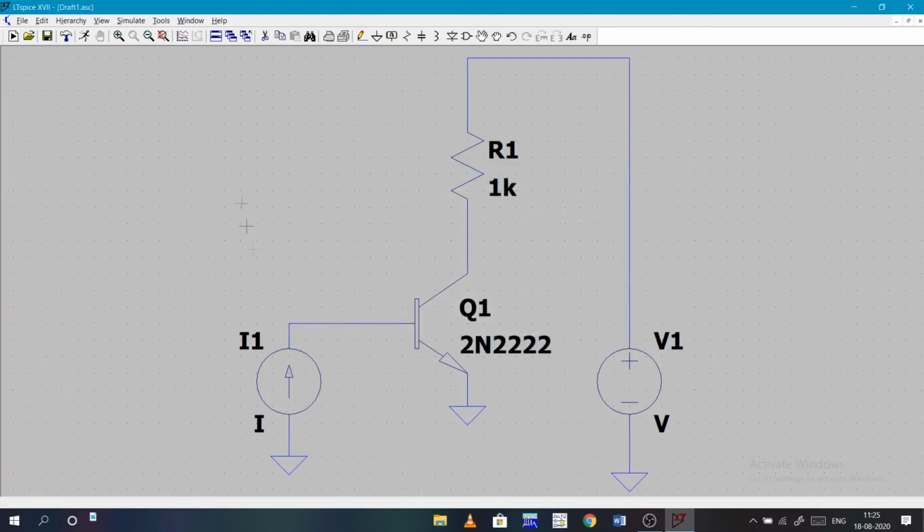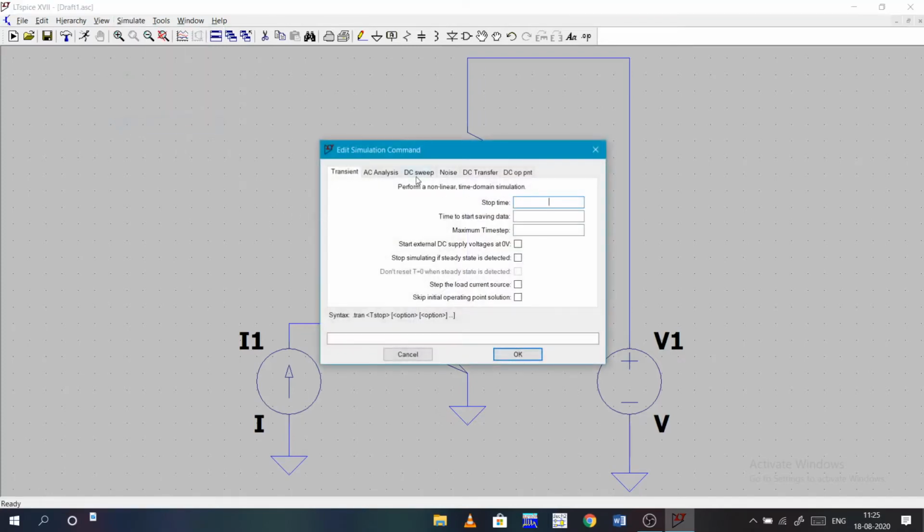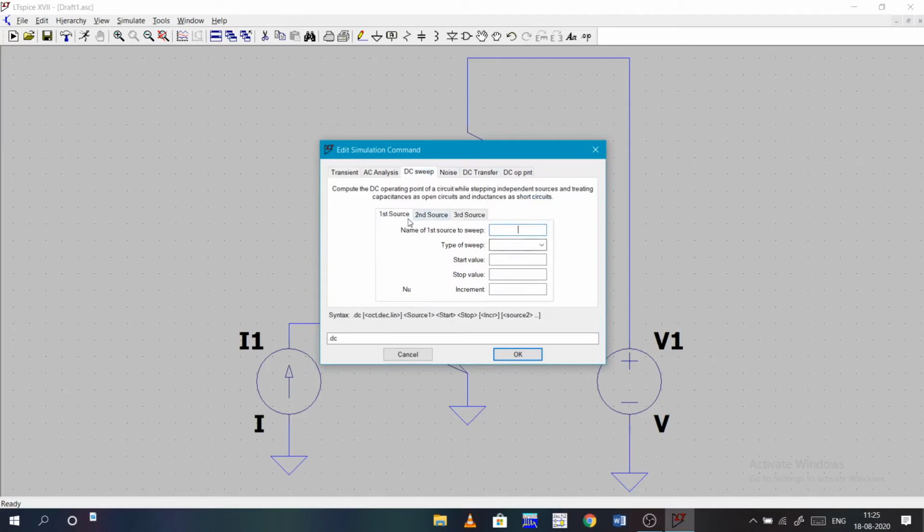Now make some settings for the simulation. Go to edit simulation command. Here we can go for DC sweep. In DC sweep we have first source, second source, third source, but we have only two sources, voltage and current. First we will take voltage, V1, keep it linear, start value 0 to 10 with an increment of 0.2.